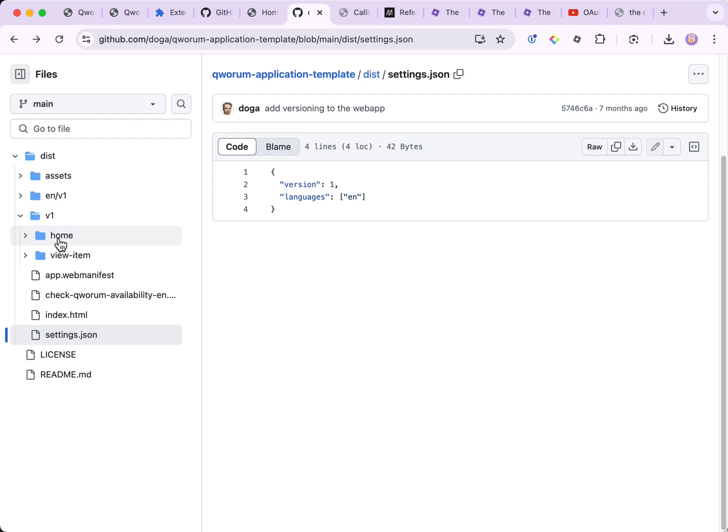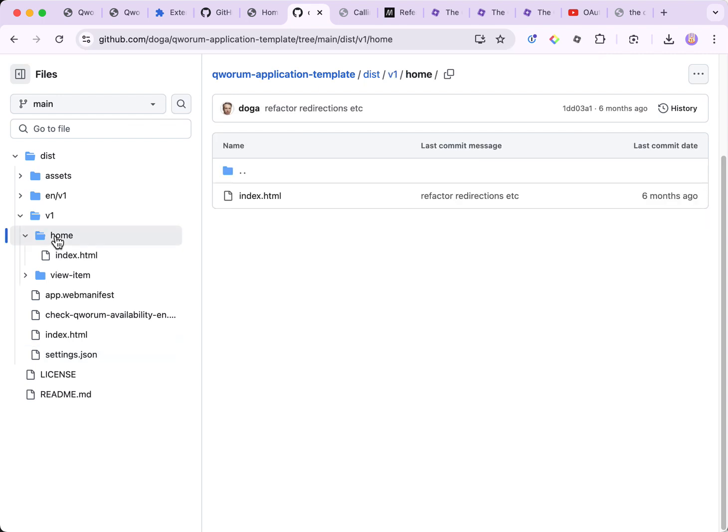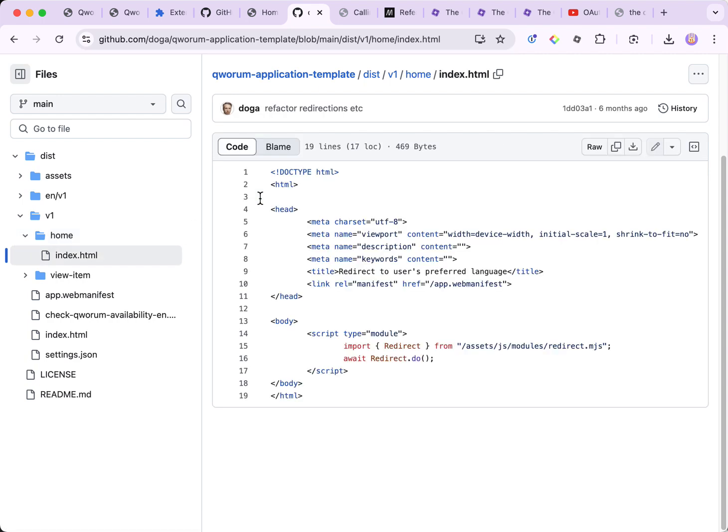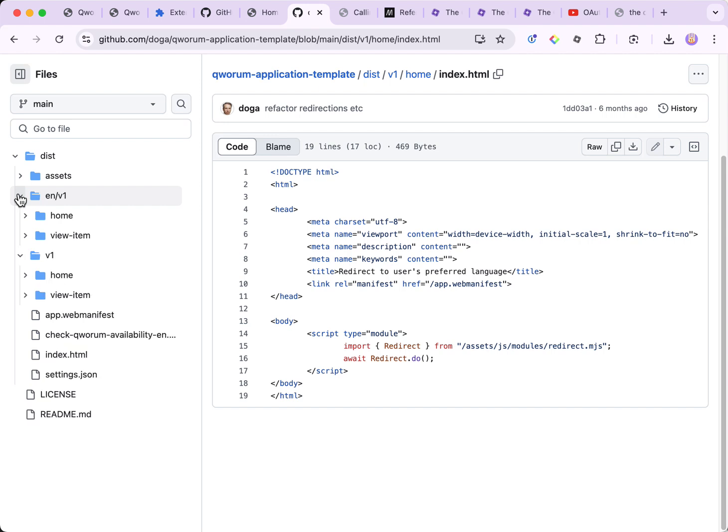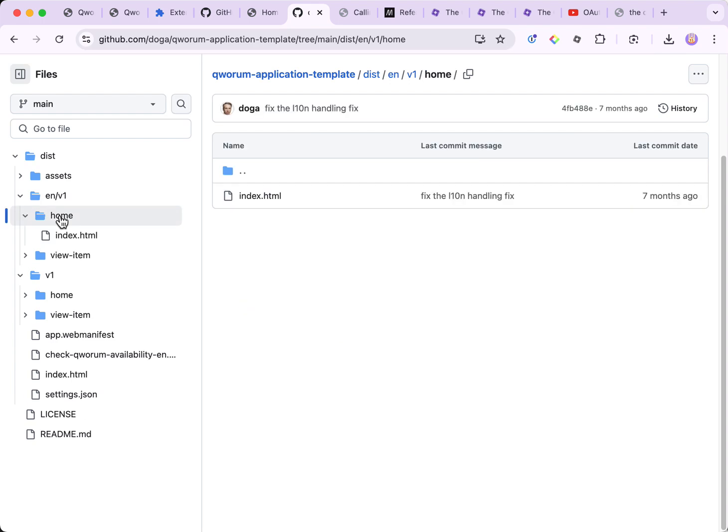For example, when the home endpoint is called, here we have application logic that decides which language corresponds to the user best, and redirects to a localized version of the endpoint. So here it is.